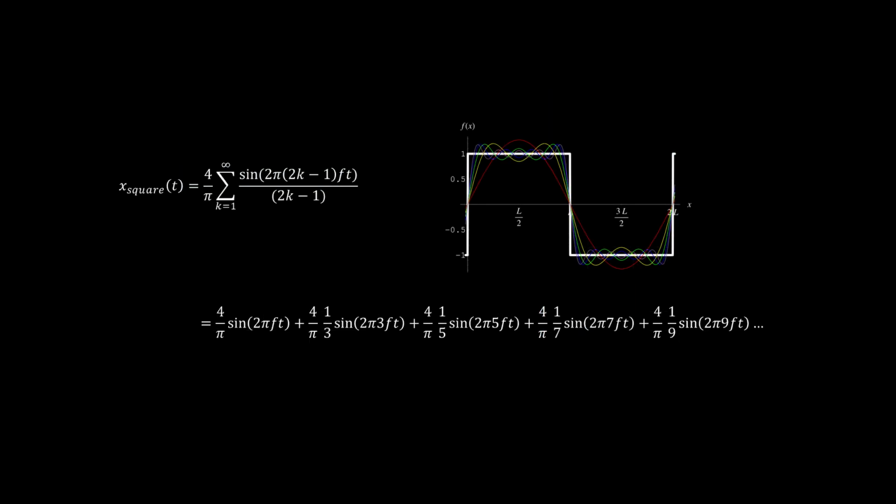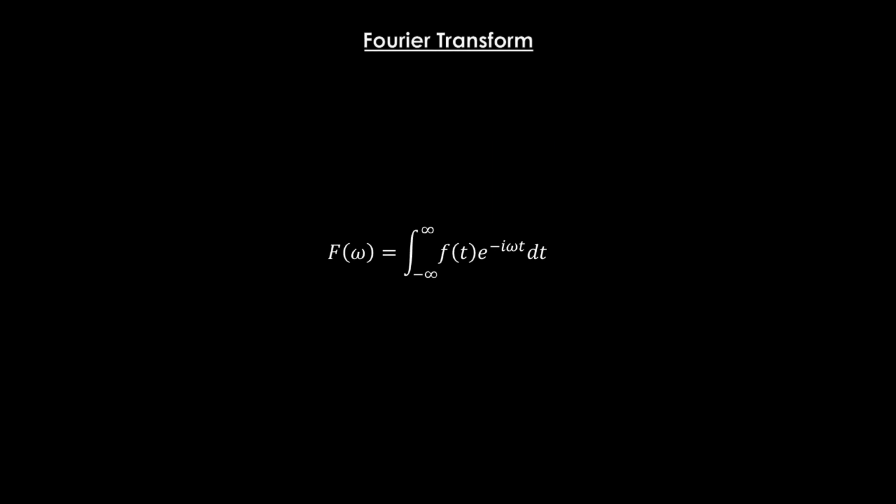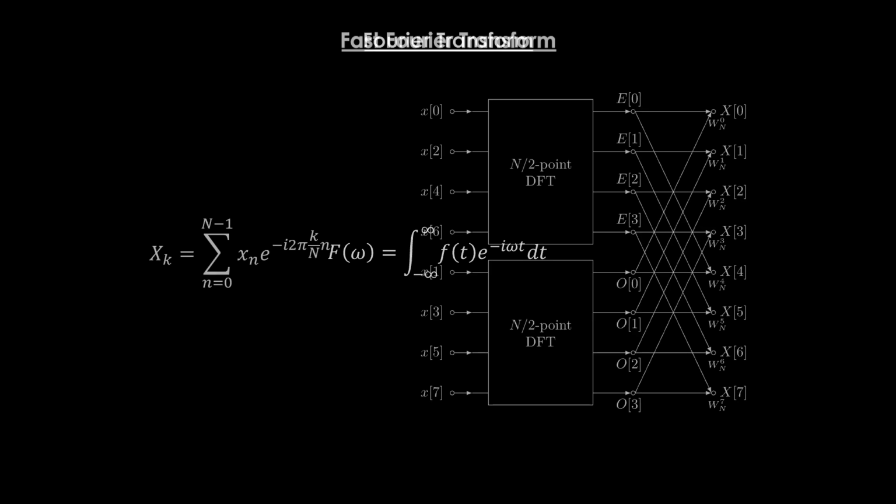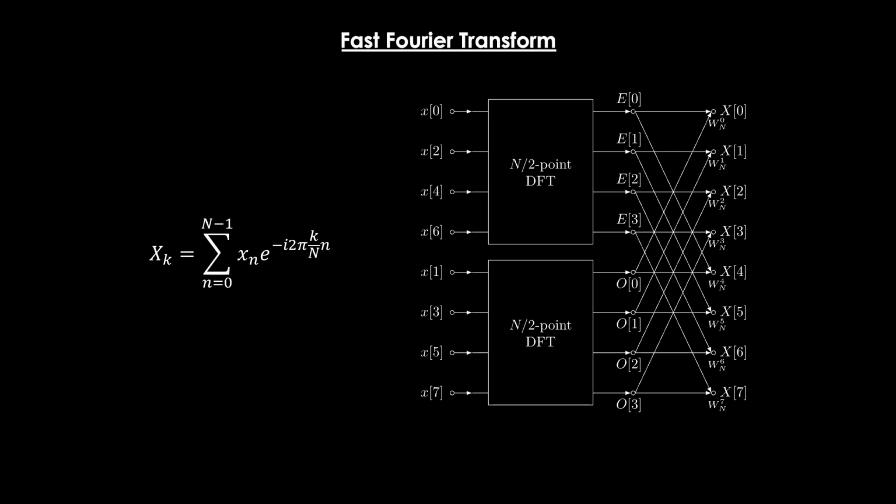The spectrum of a square wave is a known analytical solution. But for other waves, we would have to do this calculation manually, which would be ridiculously laborious. Fortunately, today we have the support of computers. There is a digital version of the Fourier transform called the fast Fourier transform, which is optimized to be computed by a digital system in a fraction of a second. Any software that calculates the frequency spectrum will be using this algorithm.